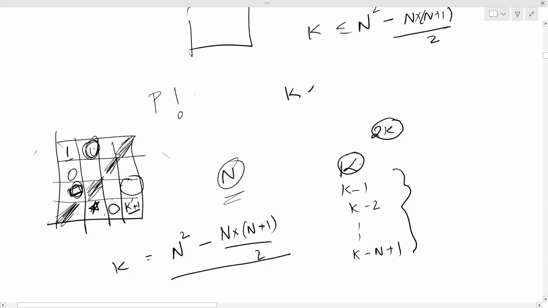So it is p factorial into 2 to the power p. Why? Because either alpha will come here, or beta will come here, or beta can come here and alpha can come here. And this needs to be multiplied by